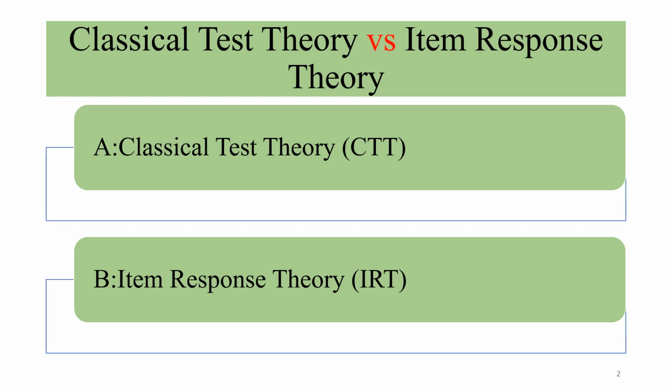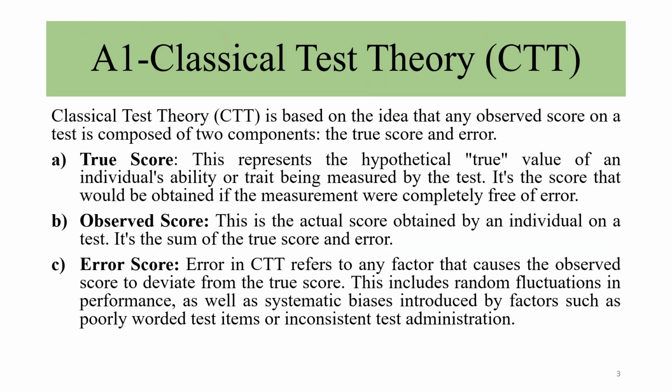So let us talk about classical test theory. Classical test theory is based on the idea that any observed score on a test is composed of two components, the true score and the error. So classical test theory tells us that every score which we get out of any measurement is actually composed of